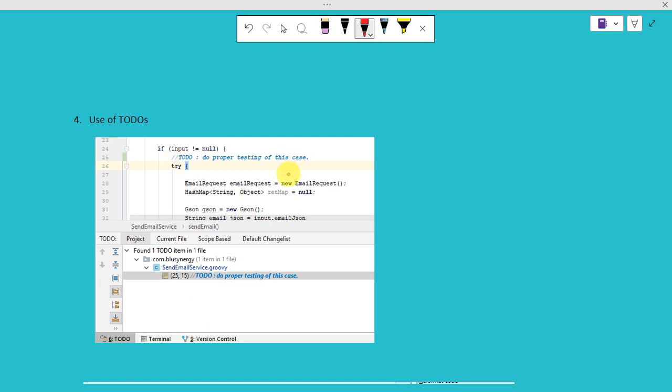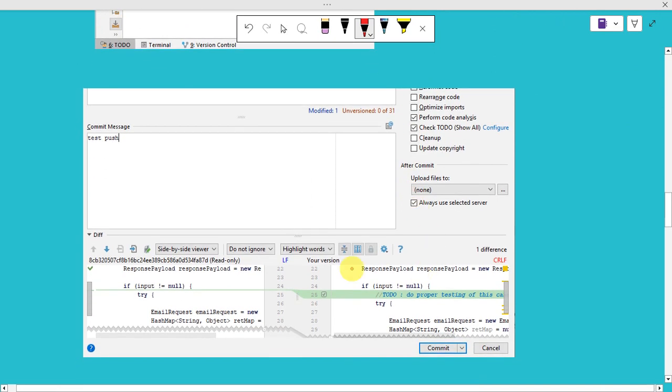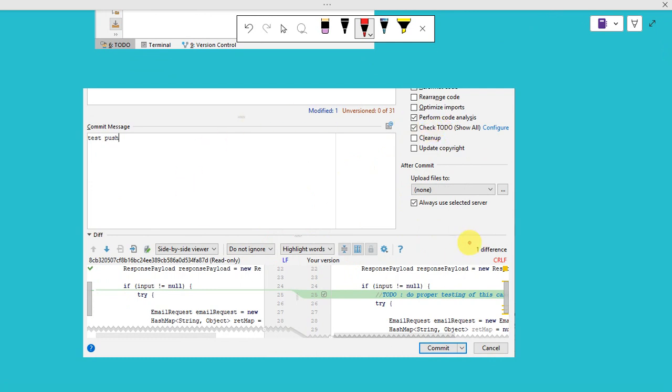And say for example, you are working on a function, and then suddenly you got a defect, and you had to fix that defect, then you want to push that change. So at the time of pushing, if this check for to-do is checked, then you'll see that yes,